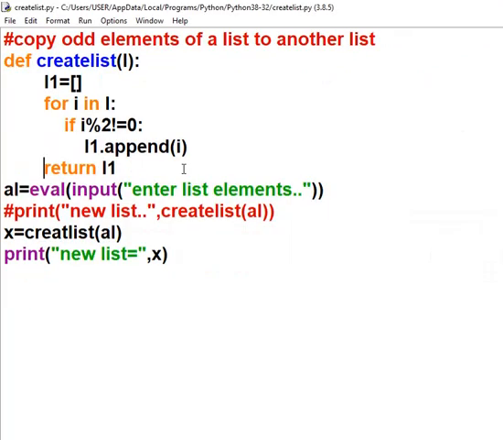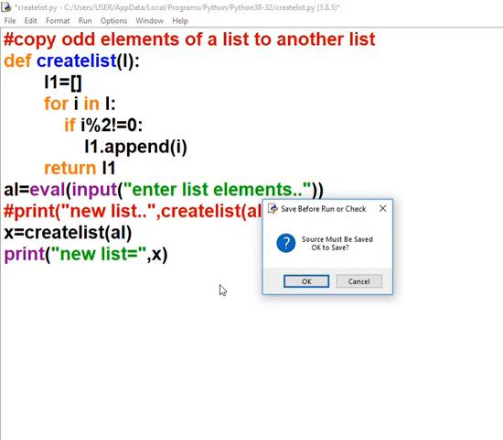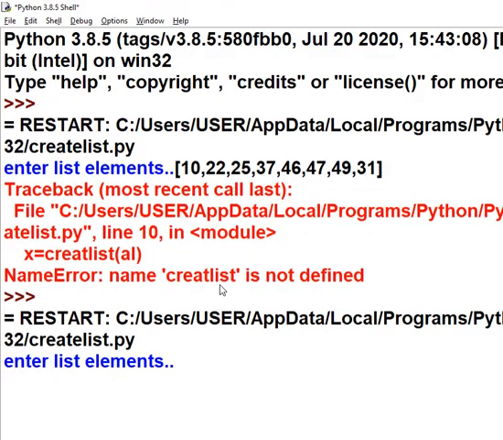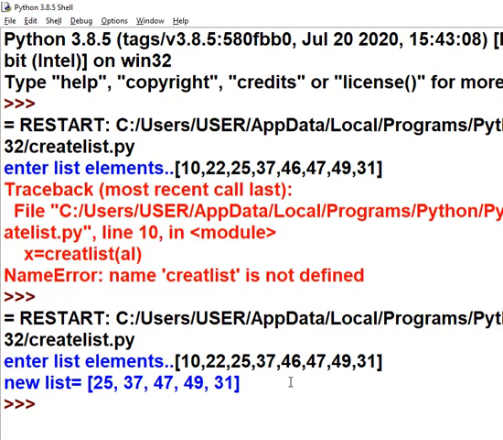Create list has some error. Let us see what the error is. What is the function name here? Create. So here the E is missing. So you have to use exactly the same name. So let us again pass these values. And see, there is a new list having only odd numbers.